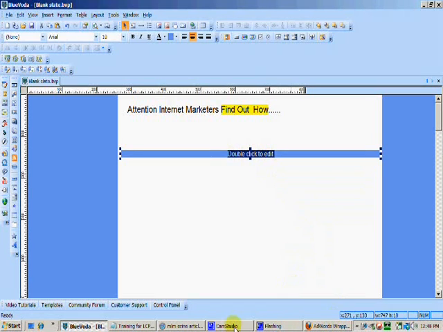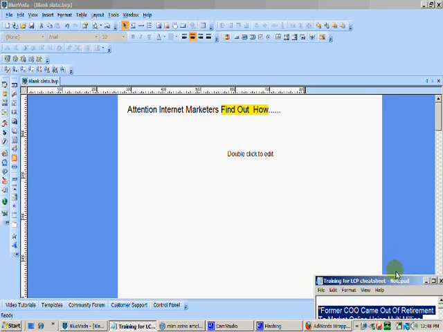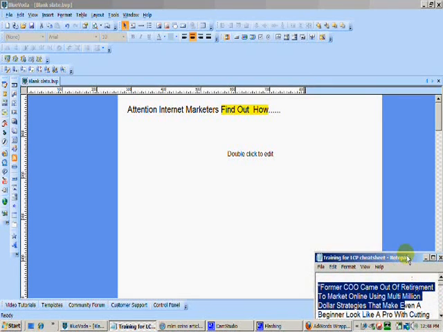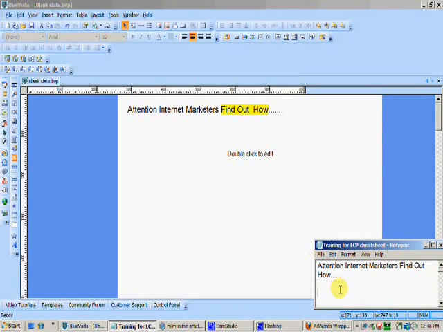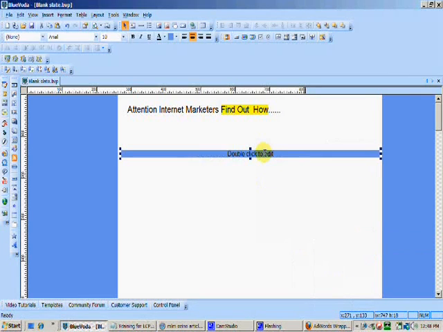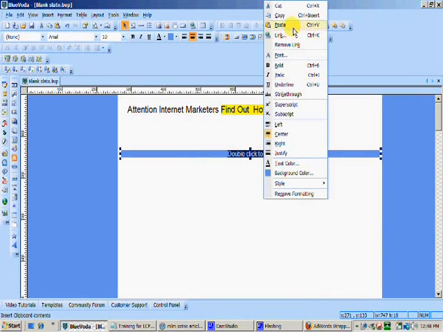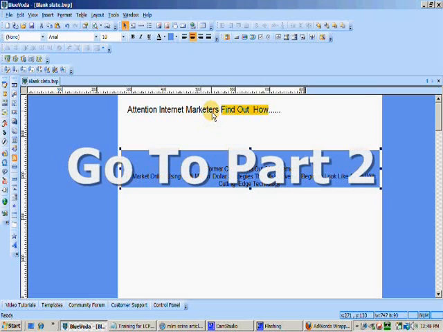I'm doing this real time with you, so you're seeing exactly what I'm doing here. I'm going to use this, an old headline that I had before. Again, I'm doing a little cheating here. I've got a little cheat sheet, so I'm using this to paste in here. And you notice that I used a font like Arial, or you can use a font like